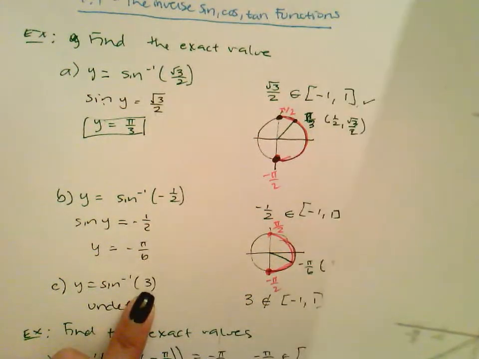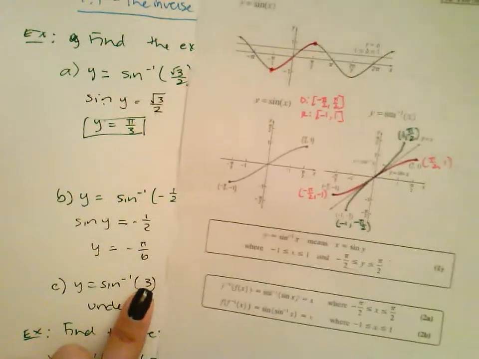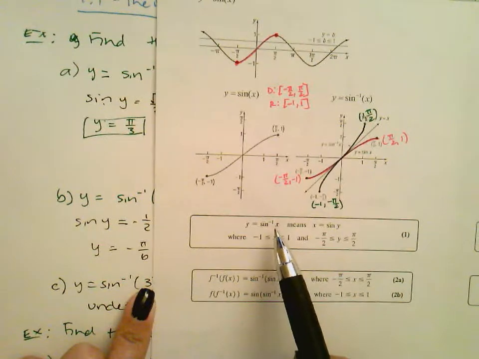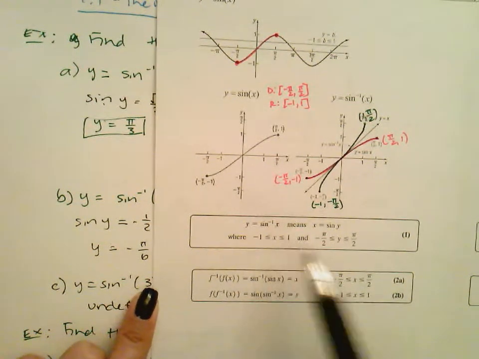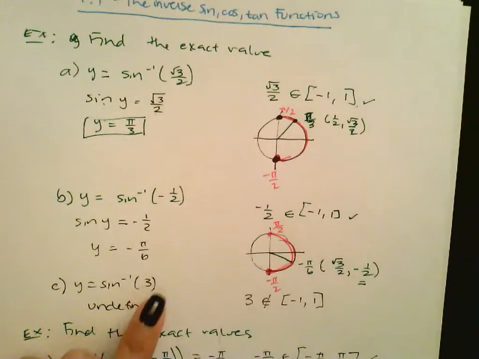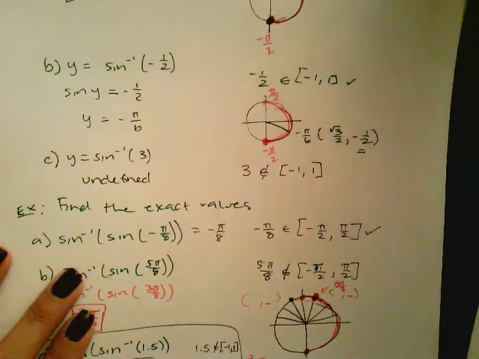Same thing with this one. This is a sine inverse function, so we check whether this input is within the restrictions for the sine inverse function. The input has to be between negative 1 and 1. Because it's not, we say that it's undefined. Now for these,